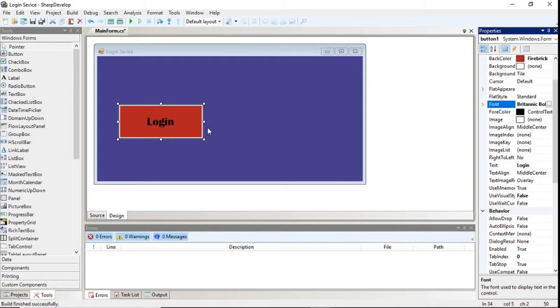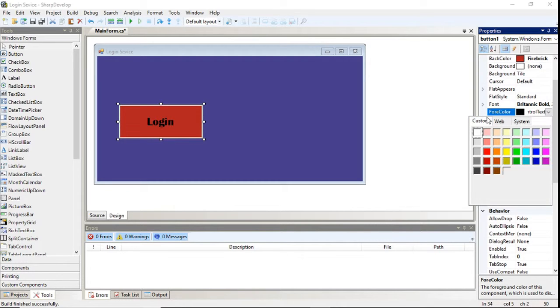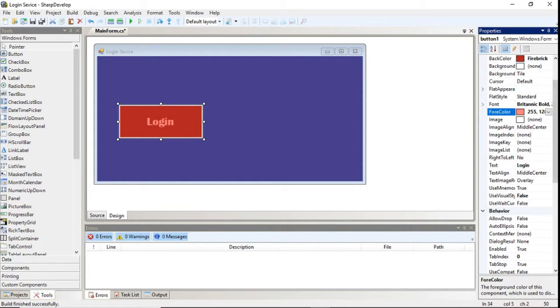But I'm still not satisfied because the text is black, and I don't really want it to be black. So we're going to go to here, for color, underneath font, which means it's going to change the color of the font and not anything else. Click that, which drops down this, and you've already seen this window before, so we're going to just repeat the process